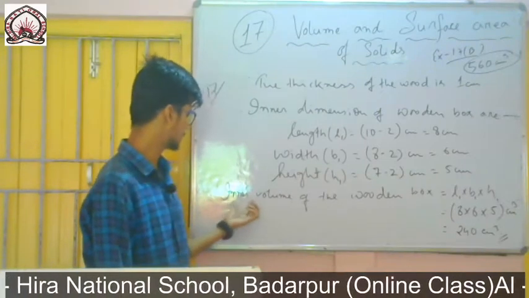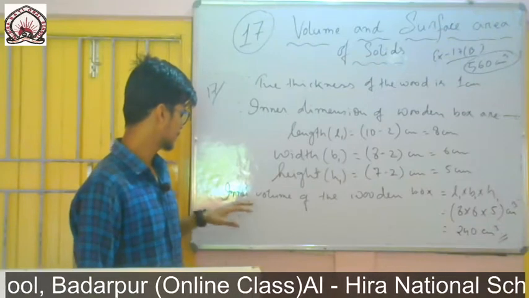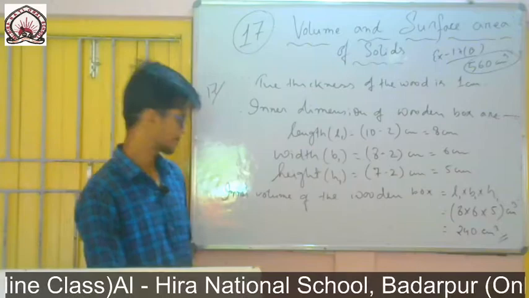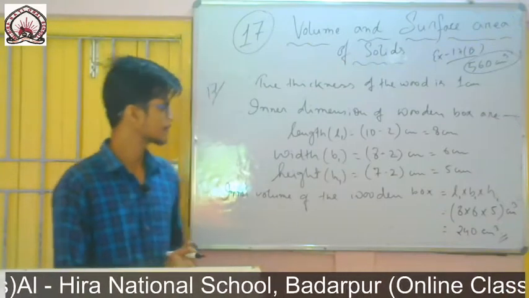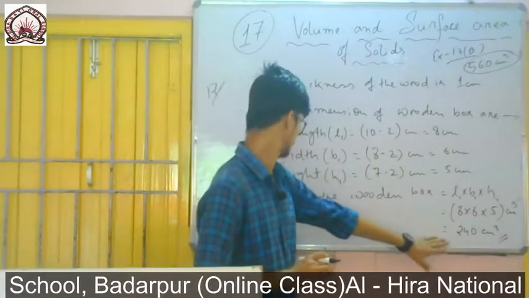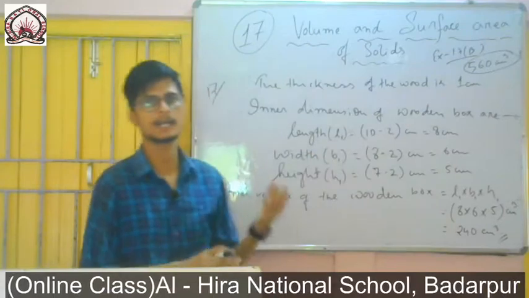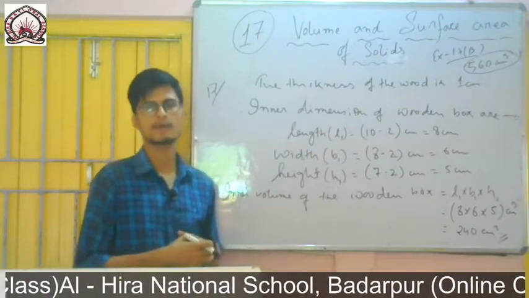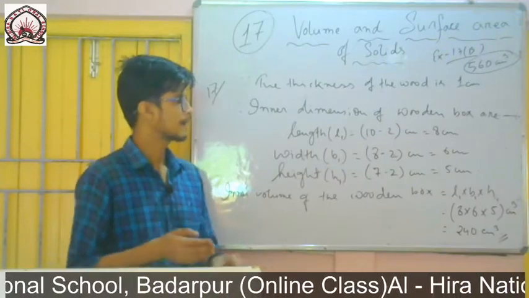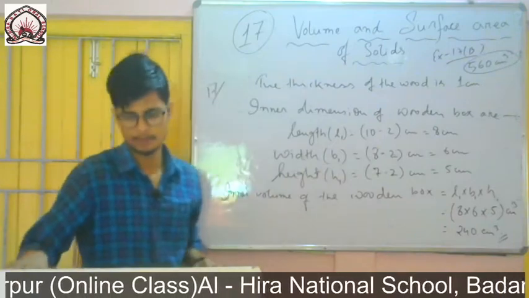In an earlier question I think I wrote "outer". You just check: if it is written external, you make it internal for the next case. I think I forgot and left it. So this is the inner volume of the box, and this is the outer volume. Like earlier, where I found the volume of the wood by subtracting, I am subtracting the inner volume from the external volume.